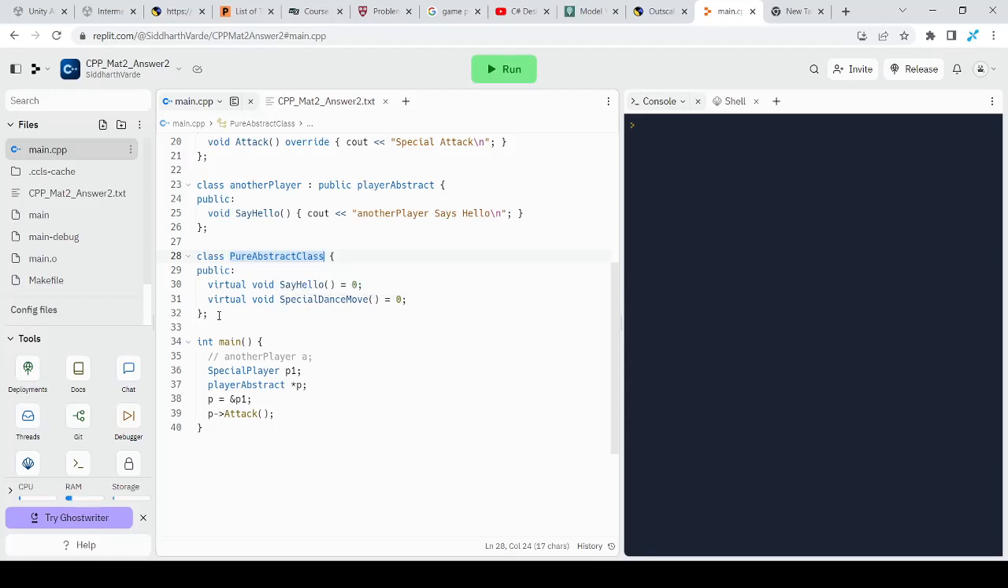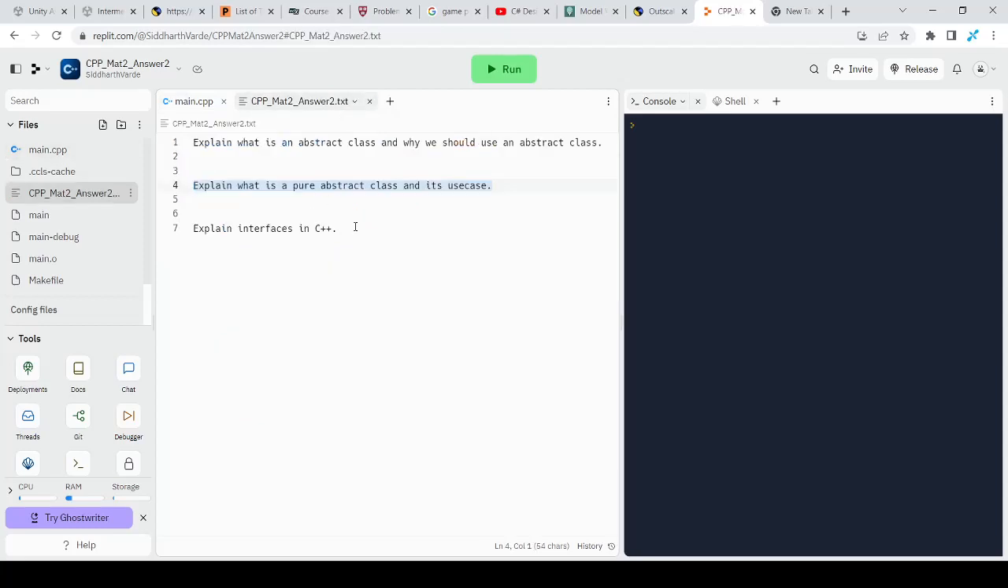Okay, so the pure abstract classes are known as interfaces in C++. So there is no specific interface keyword inside C++, but the pure abstract classes are known as interfaces. The idea is the same, and